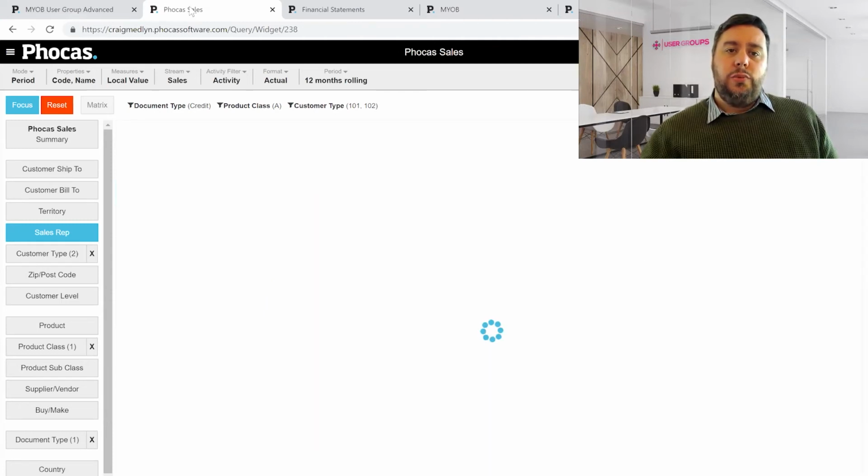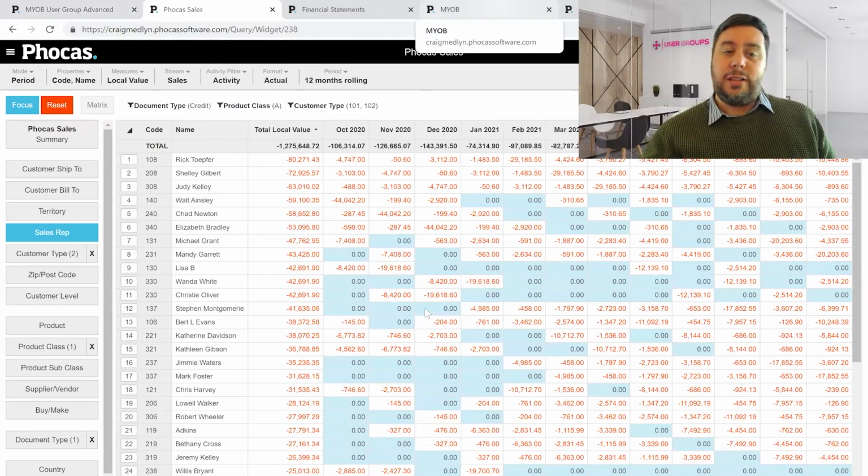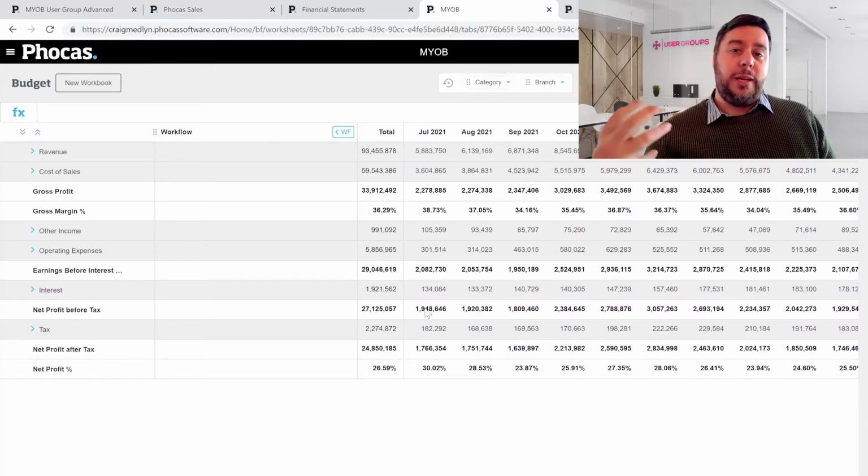So that's looking at some financials and looking at maybe how we can help people in our organization ask more questions of data. But let's maybe move into something that often finance is tasked with, and that's often looking at budgeting. And budgeting can be a real challenge for a lot of businesses. I've heard it referred to as budget hell more than once, where it's such a laborious task for an organization to take on, to not only get the data in, but actually also control who's actually involved in that budget process. So Phocas can actually aid in this space.